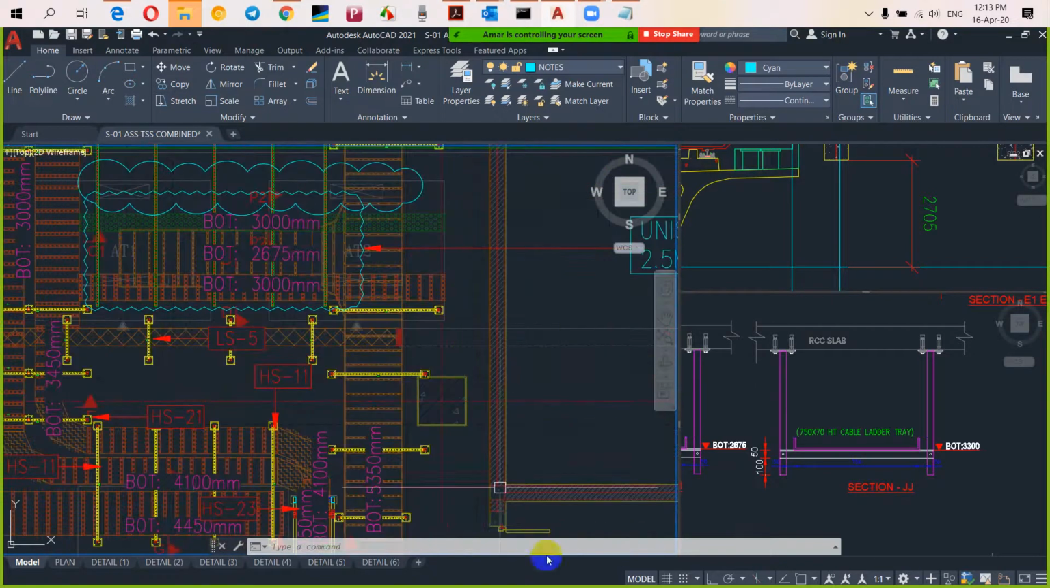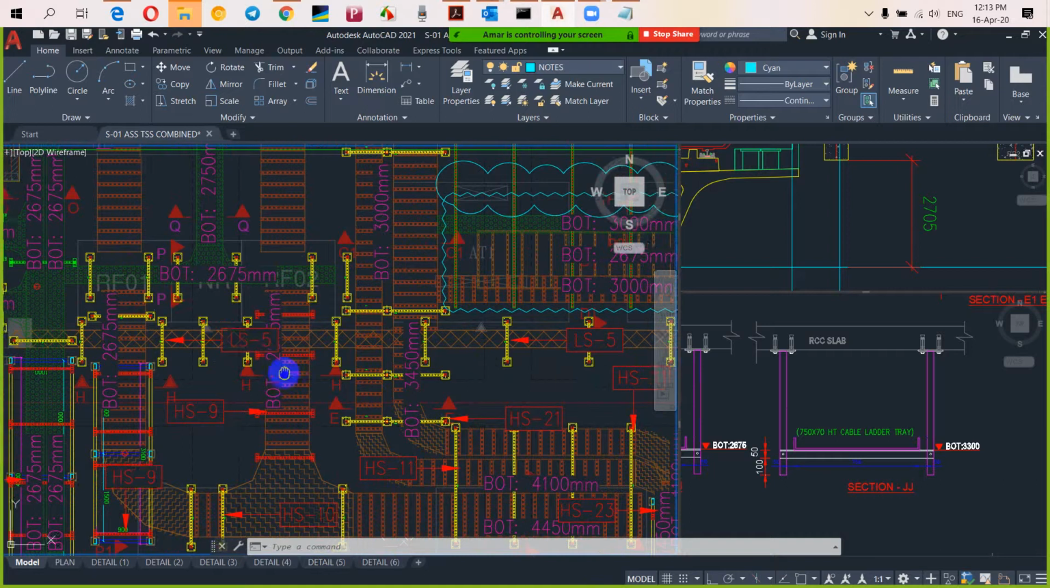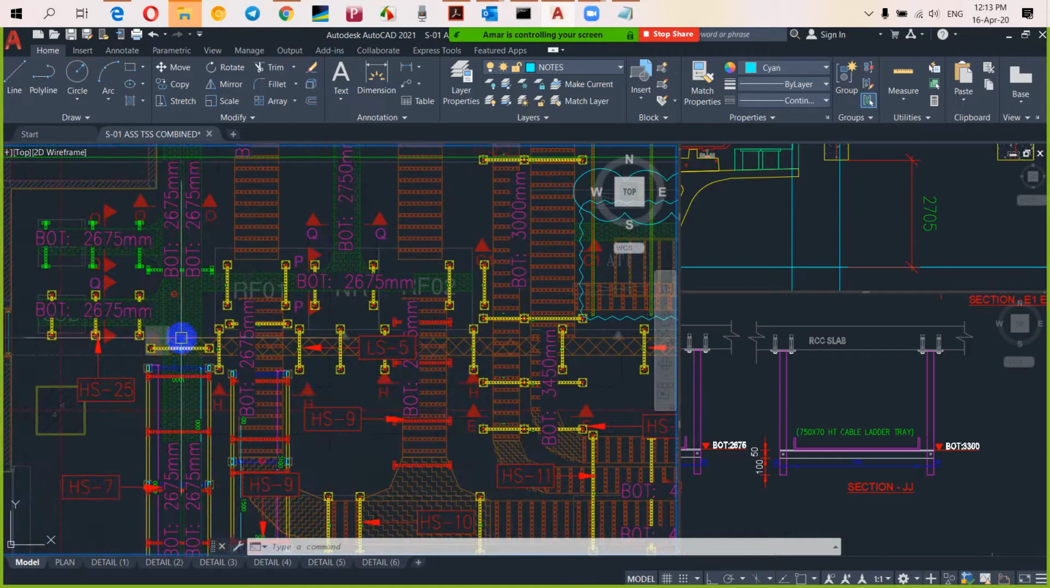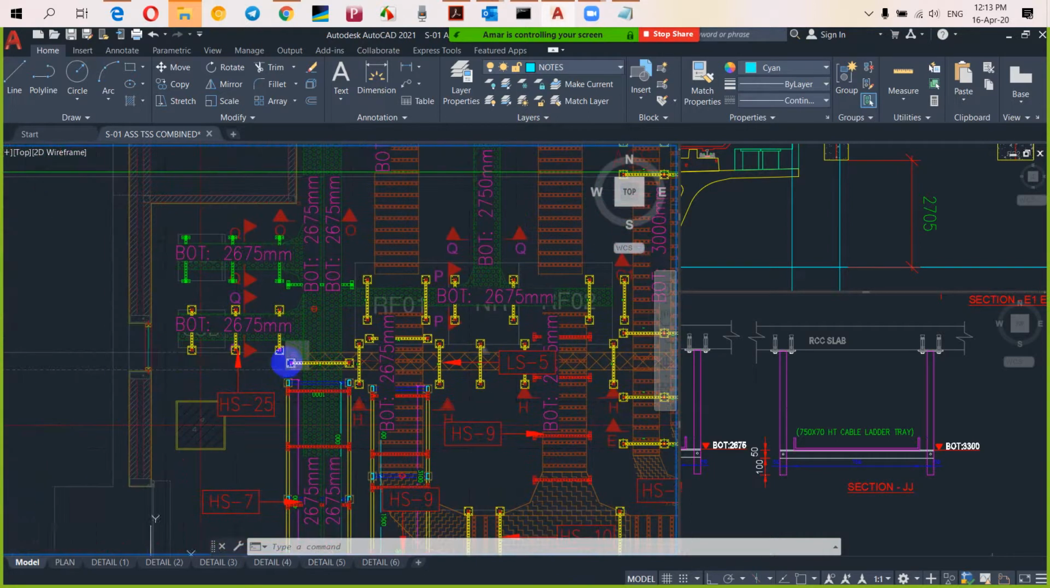Where is the platform location then? The cutout is here. I'm not able to see the cutout. On the very left side, near HS25. Here, HS25 it is there. One minute, let me see. HS25 one cutout is